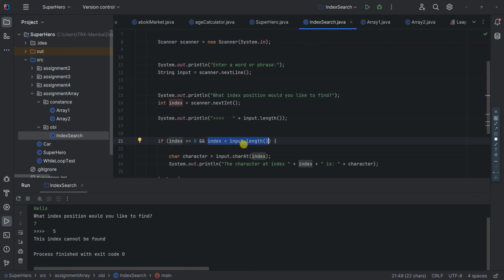I think I'm not asking about the input dot length property properly. What I always wanted is the length of the input. This would always stop at 4 and not 5, because he used less than. So if you put in here, for example, let's give that a try. If I say hello, and I now say give me the 5th index position, even though this input length is 5,